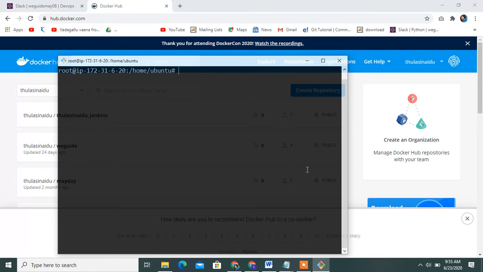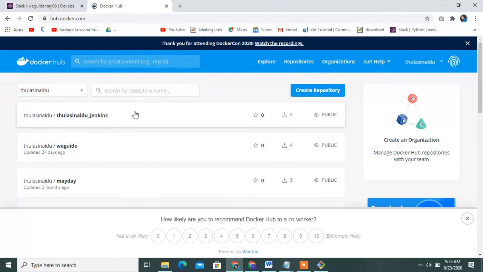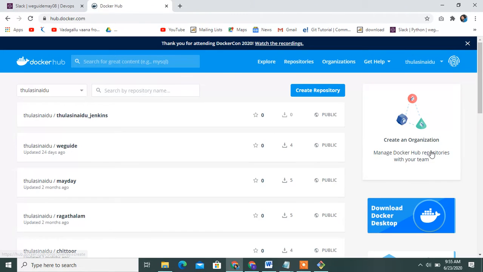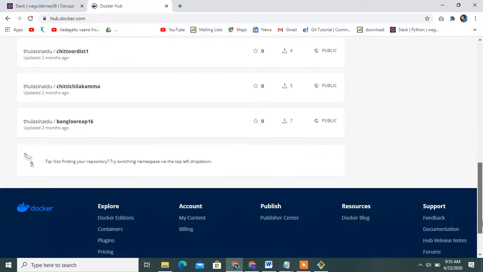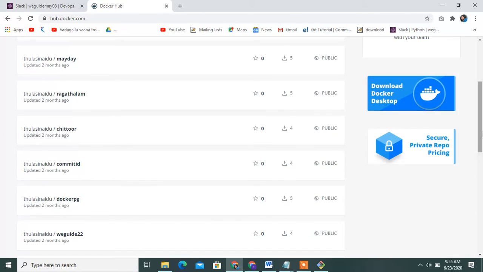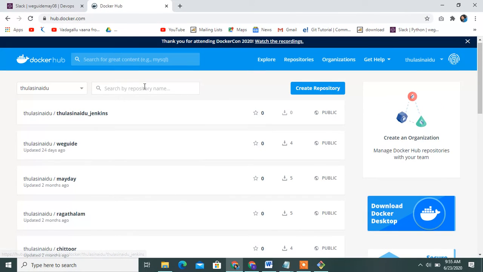Go through how to pull the images. First of all, see this. This is Docker Hub. Anywhere you can install this: Jenkins also, Docker also, Maven also, Ansible also, you can install it. Please type Jenkins. Search Jenkins.